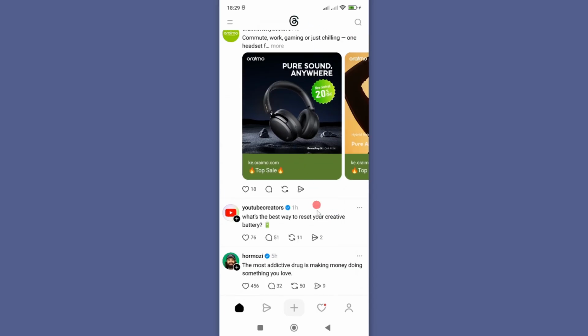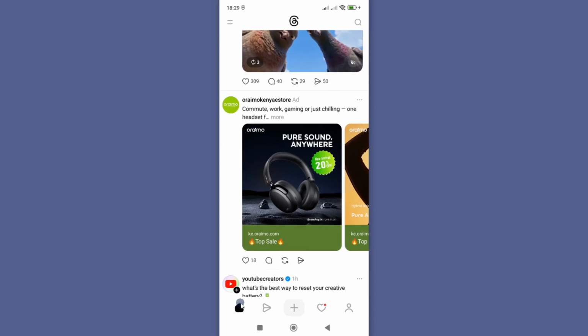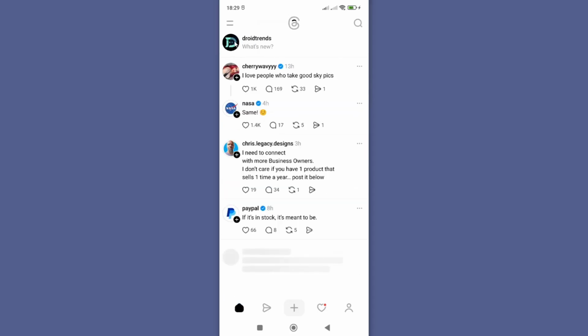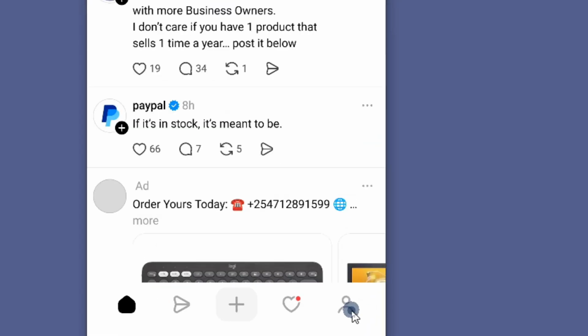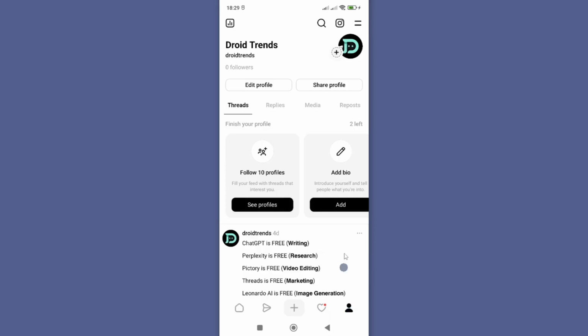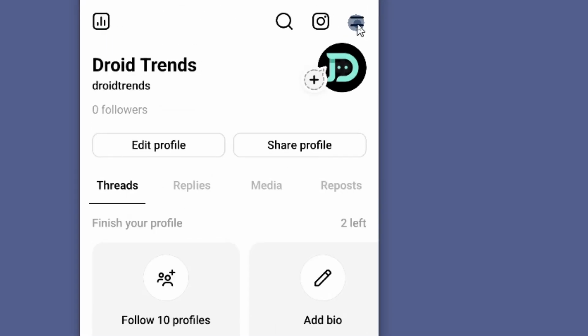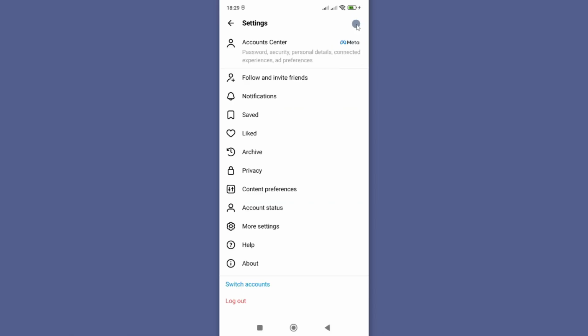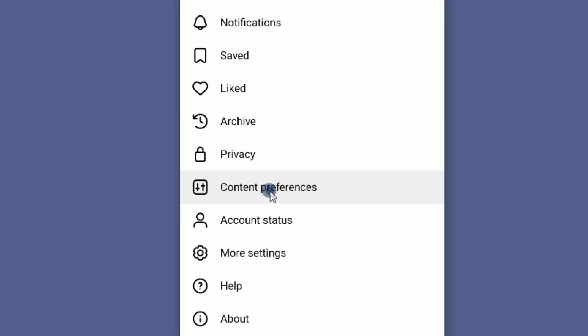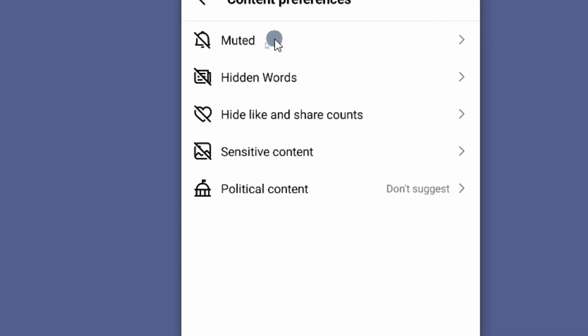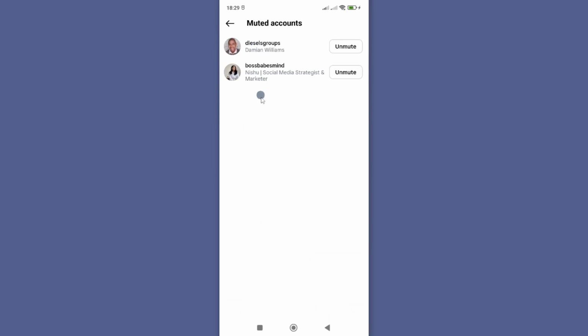Alright, to see all the accounts that you muted on your Threads account, go and log into your Threads. And from here, head down to the profile icon here. From there, now you should see we have these two lines. If you tap on them, go to content preferences here. Under this, you can see we have muted, and if you tap on this, you will see all the accounts that have been muted. To unmute any of them, just tap on unmute and they'll be removed from the muted